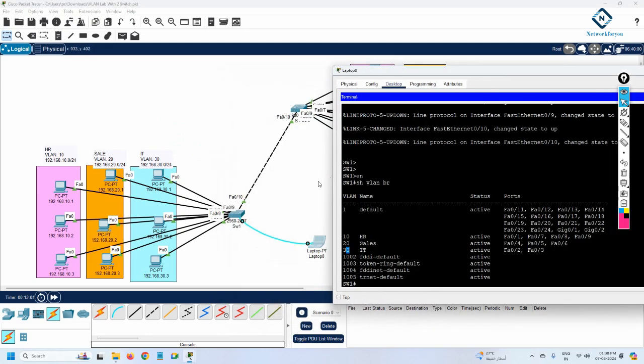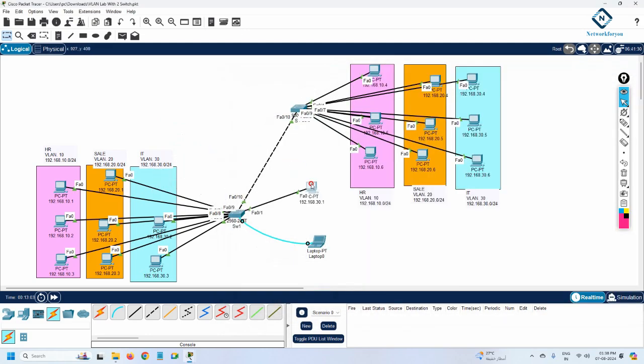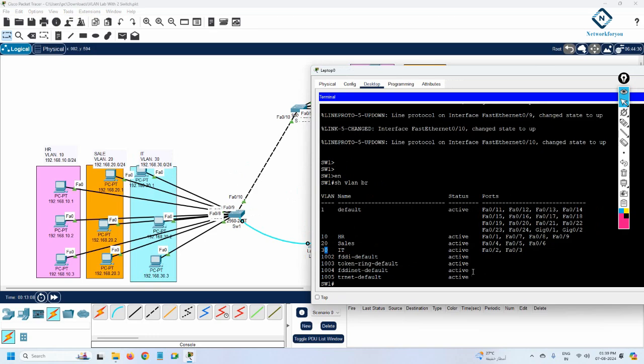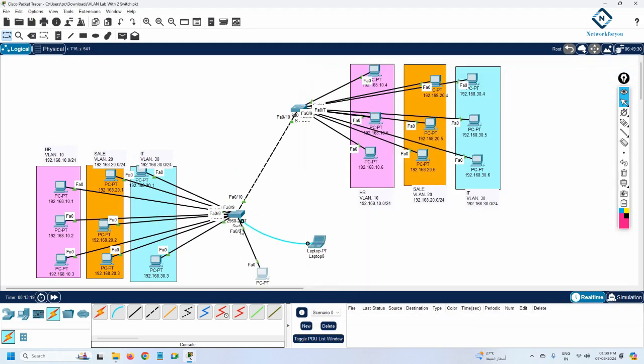F0/1, what is that interface? We need to check whether this interface is connected correctly or not. If you see here, we are checking for VLAN 30. In VLAN 30, they put F0/2 and F0/3, but they forgot to put this interface F0/1